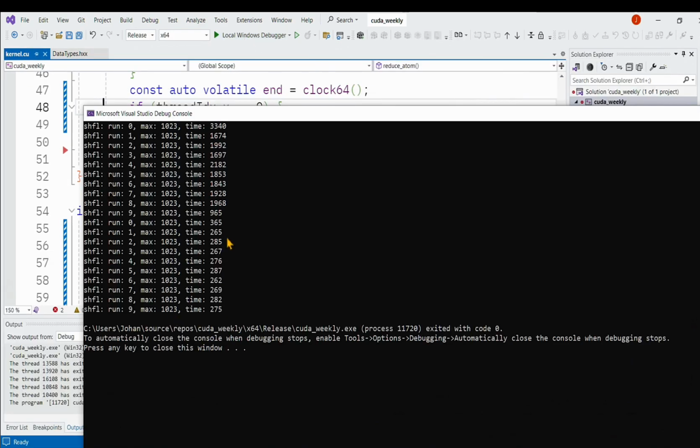When we run the atomic version, we can see that this runs quite a bit faster. 280, 280 looks about right.